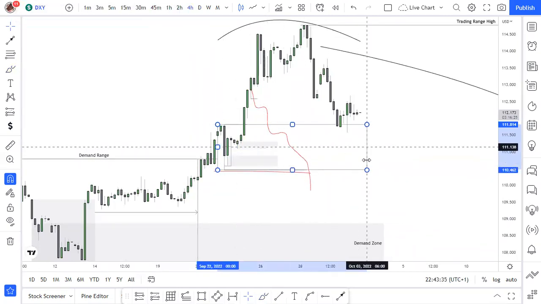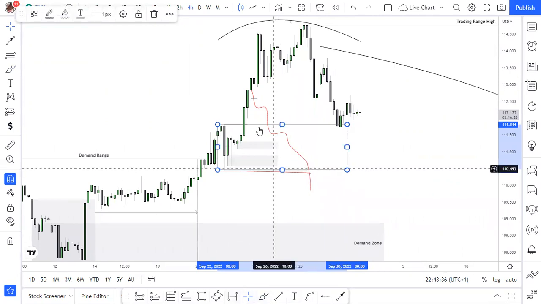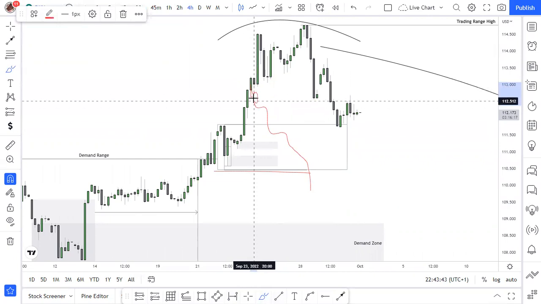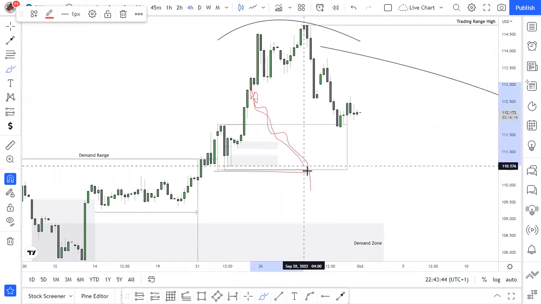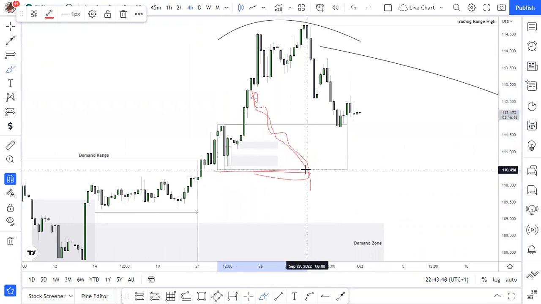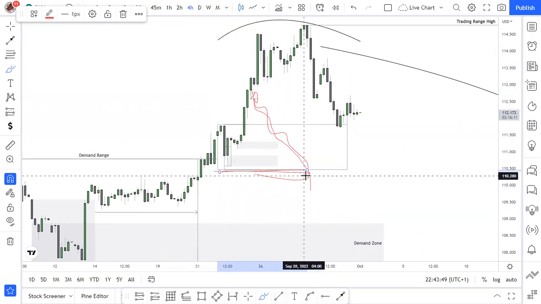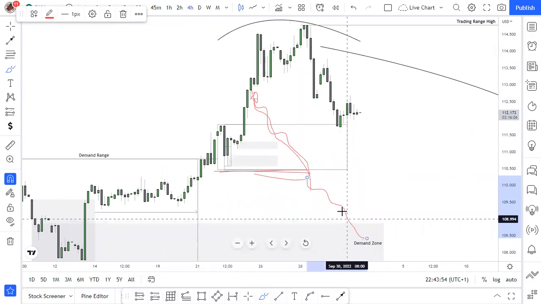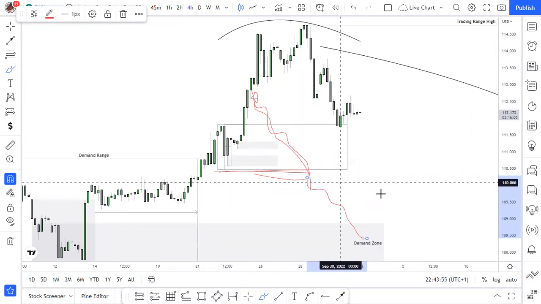So I said that if price should pull back, because price was somewhere here when I did the analysis, and then break this low, then we can say that the market will be really pulling down, like we get that pullback that we want to see. But that didn't